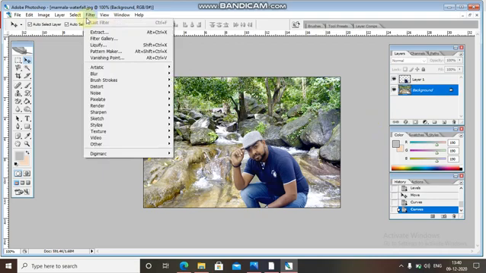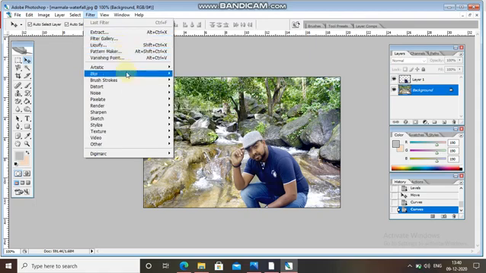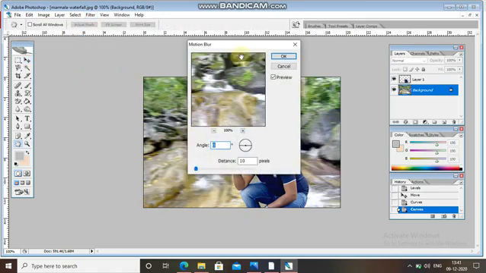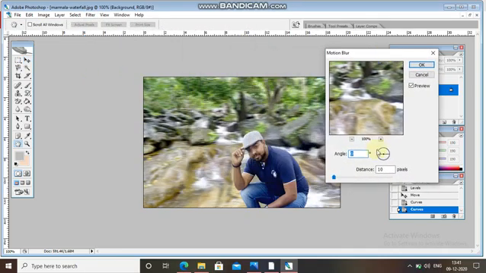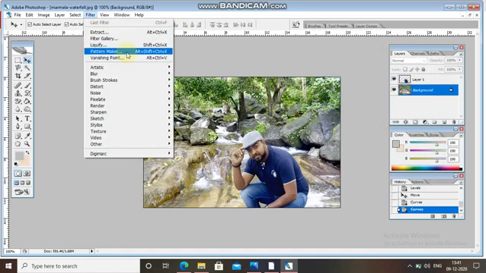Okay, else what you want you can do. If you want to make it little much, means you can say filter gallery is there, or blur effect if you want, little bit of motion blur you can have. See out the picture, little you can say it is blurred. Okay, this blur you can use, or you are having that Gaussian blur.